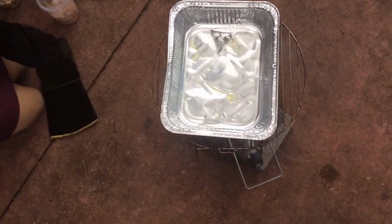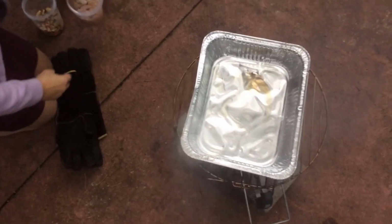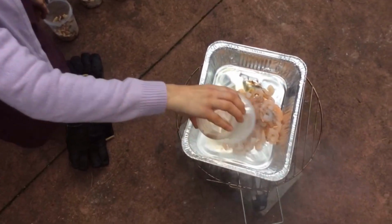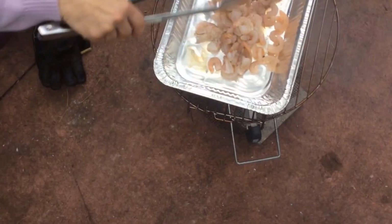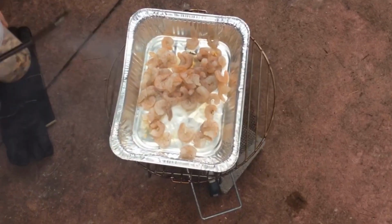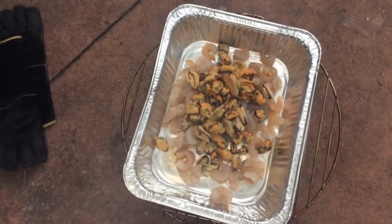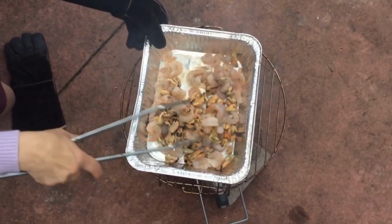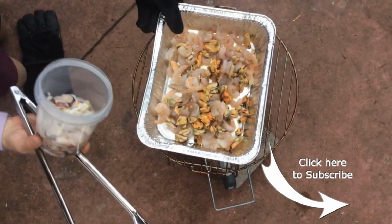So let's get talking about our seafood. For my seafood choices, now you can use anything, but I've elected to use some things that are pretty traditional for our Christmas, and that is shrimp, some mussels, some octopus,